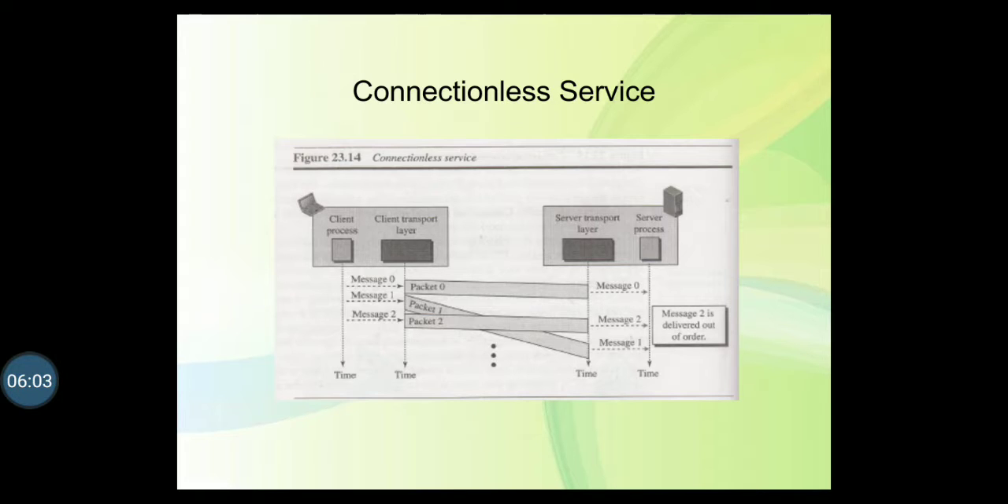A router, for example, has an input queue and an output queue for each interface. The queues become